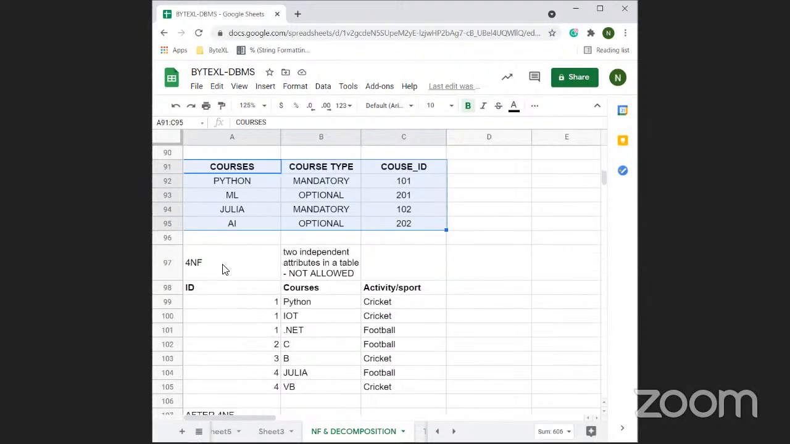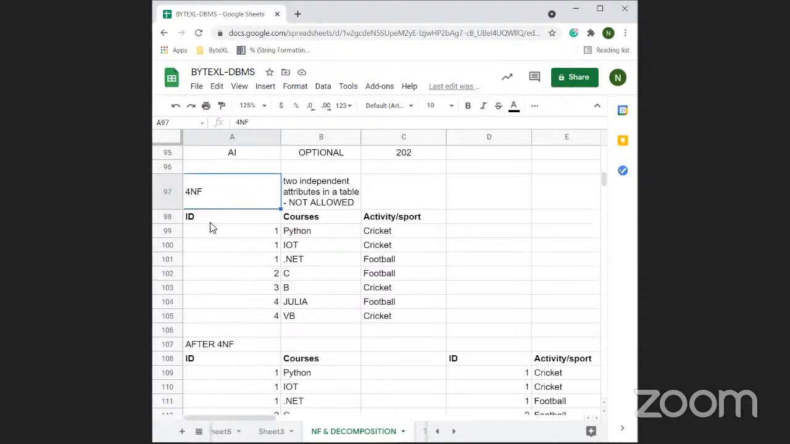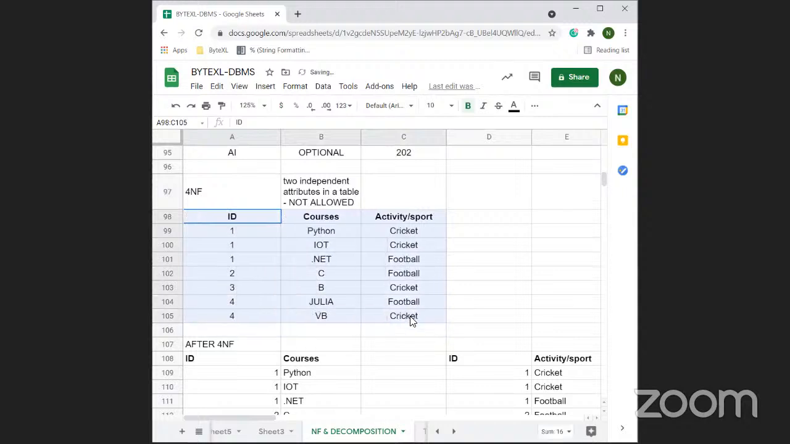Then fourth normalized form. From here, it is almost similar, but real time problems we can come across from fourth normal form. Here, if I want to find the details of students based on their ID, the courses they are taking in